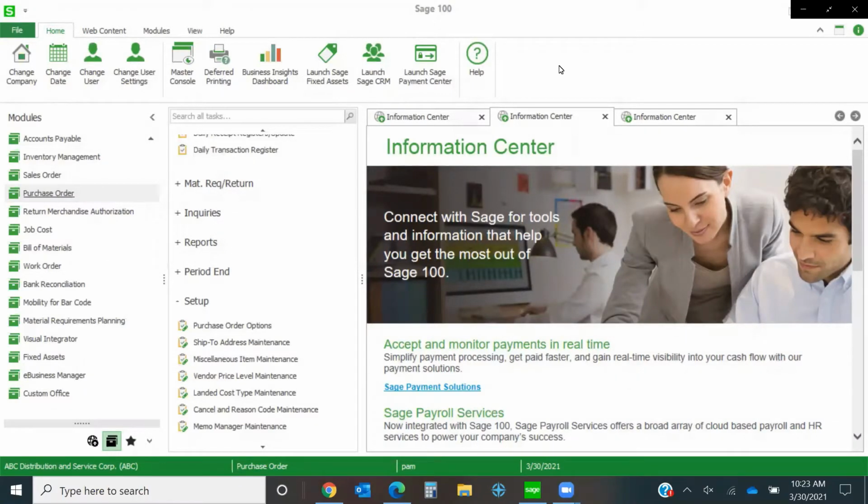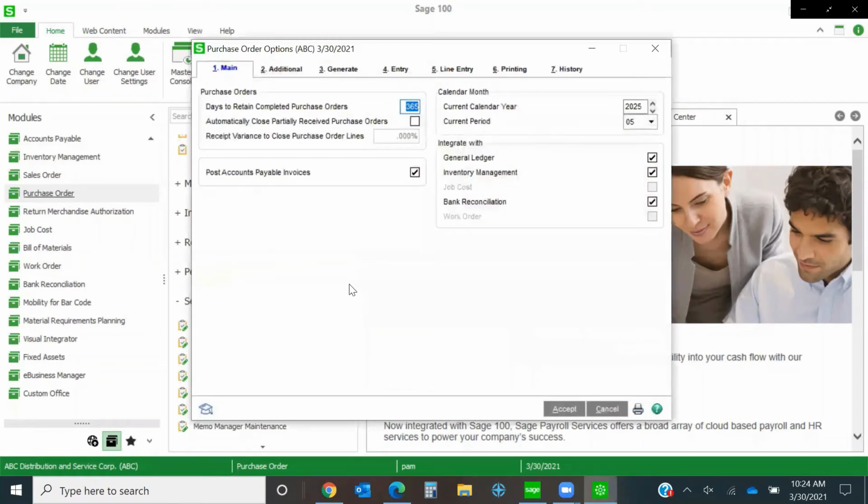So today's presentation is based a lot on questions that come into our support team or issues that people may run into with purchase order. So we're going to talk about a few different things today. The first thing that we're going to talk about is in your setup. We're going to look at the purchase order options, because as you are using the purchase order module, and hopefully you are doing your period end processing consistently within that module, there are some history settings that you need to be aware of